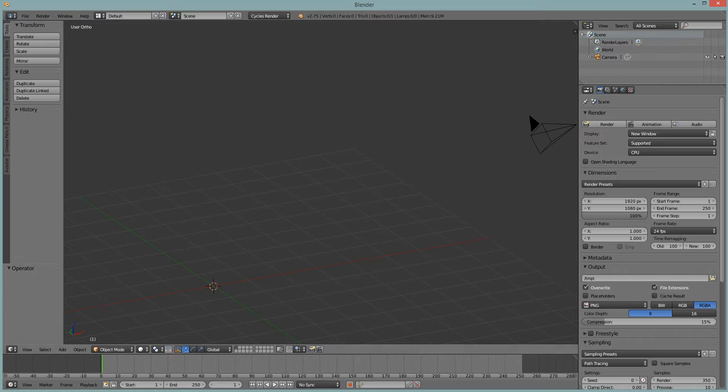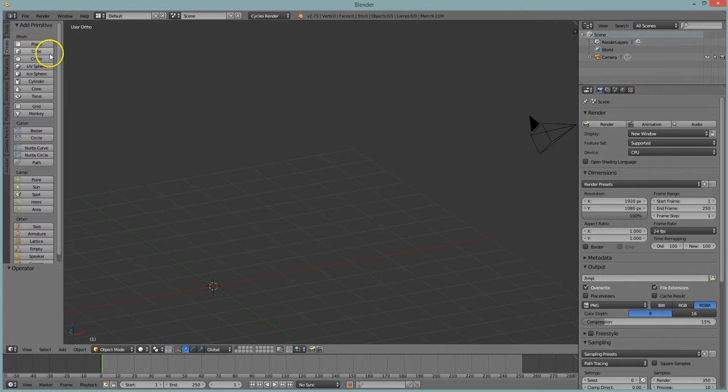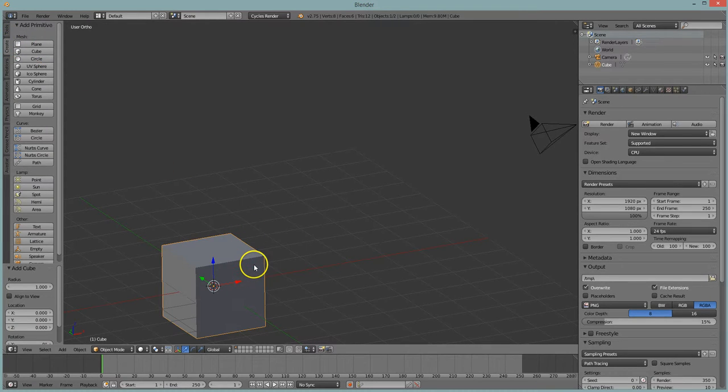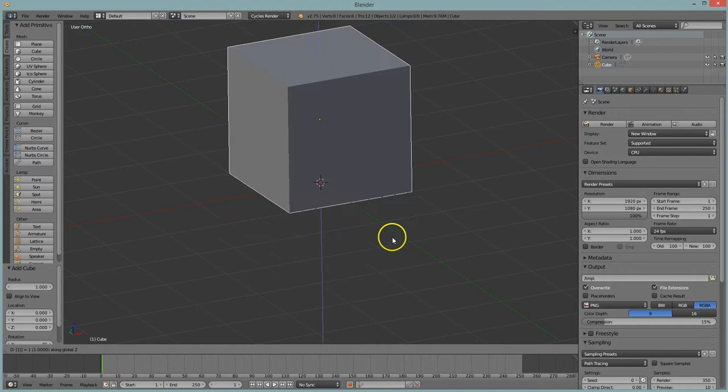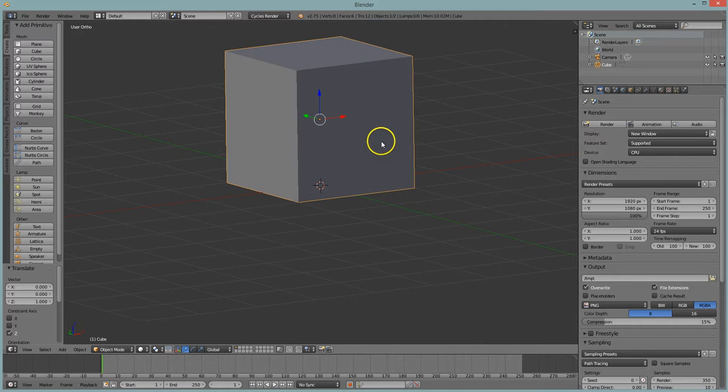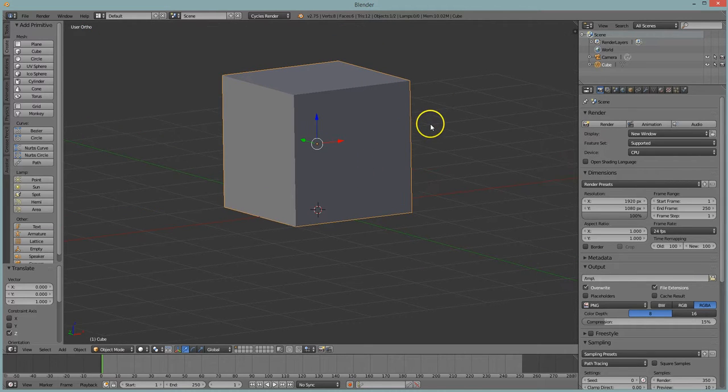First, let me create a cube here, zoom in on it, and we're going to raise this onto the ground. I used G for grab, Z for the Z axis, and 1 for 1 unit up. So we have this lovely cube here,